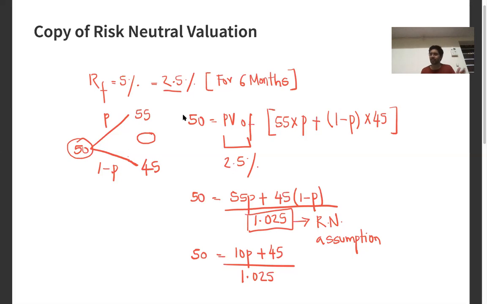Okay, because there are no dividends, it's only the share price which is moving. So it is the expected sale proceeds at t equal to 6, where the expected sale proceeds is nothing but 55 into p plus 45 into 1 minus p. Okay, you discount these expected sale proceeds with the risk-free rate, because we have assumed that you are a risk-neutral